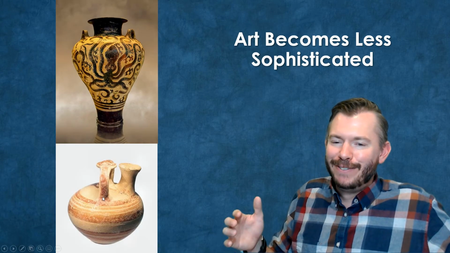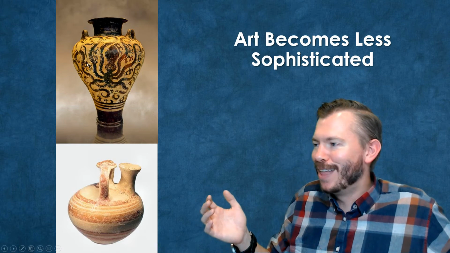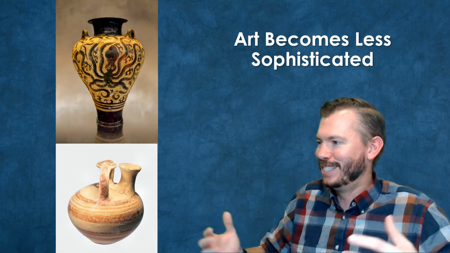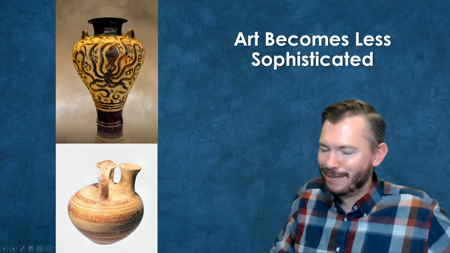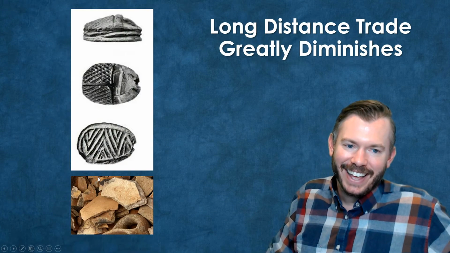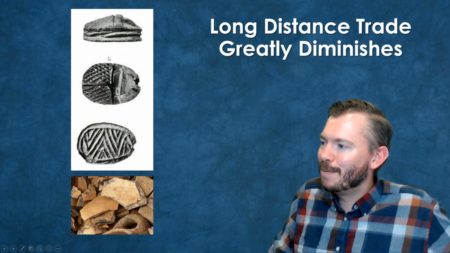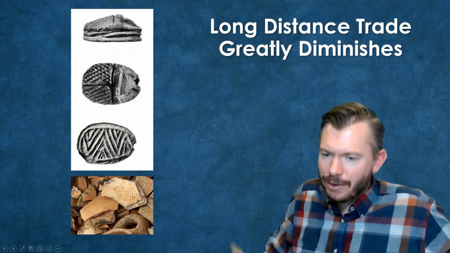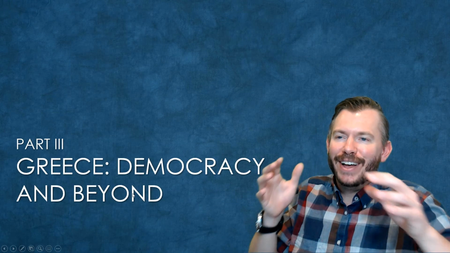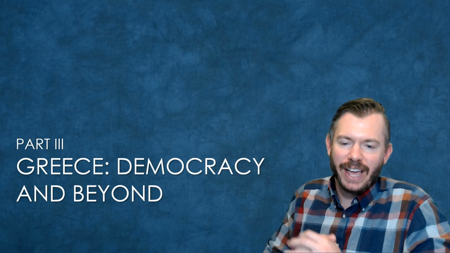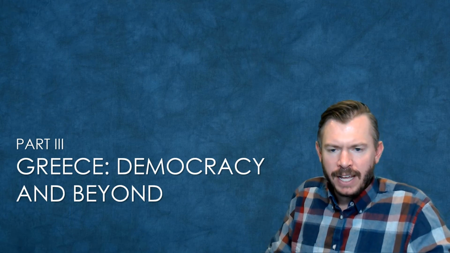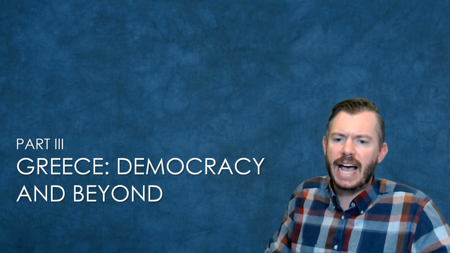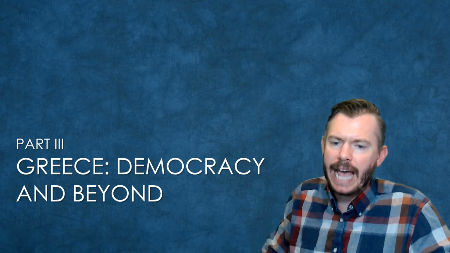The pottery itself becomes crappy. Back during the Bronze Age, you have sweet octopuses and all kinds of cool things on your jars. Now you have concentric circles. Long distance trade diminishes. During the Bronze Age, you can find Egyptian scarab seals on the island of Crete. Now you get crappy pottery. So a lot of different things break down during the Dark Ages, and that lasts for around 400 years until around 800, 750 BC. And let's go ahead and zoom in on Greece for the last 5 minutes or so here, and we'll see what starts happening then.